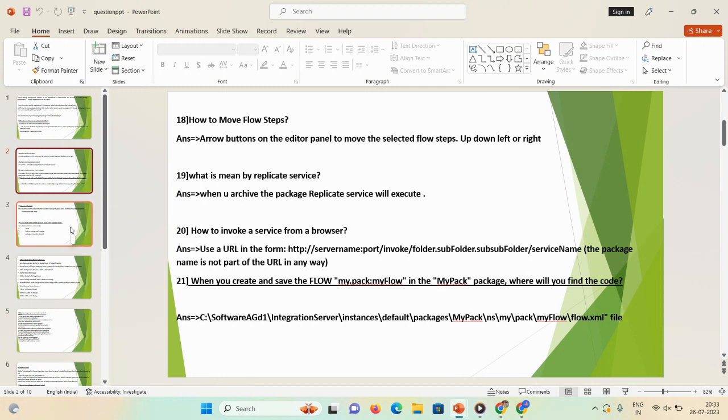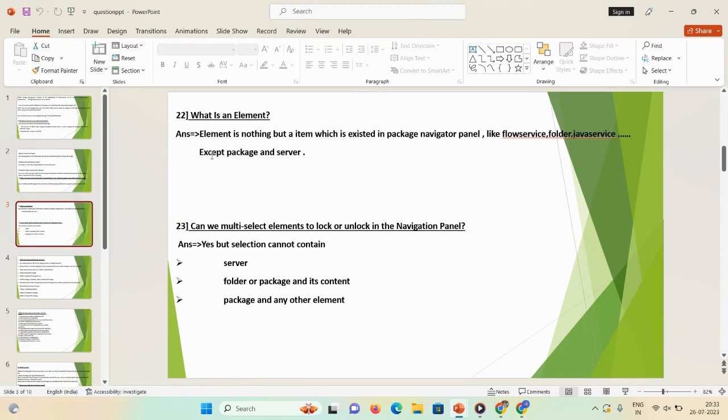Then let me open the third slide. Question number 22, what is an element? An element is nothing but an atom which exists in the Package Navigator panel. Like flow services, folders, Java services. Except package and server, all the elements like document types, flow steps, you can consider as an element in webMethods.